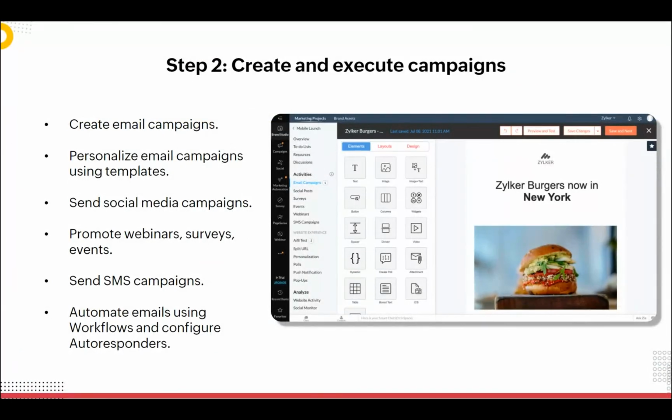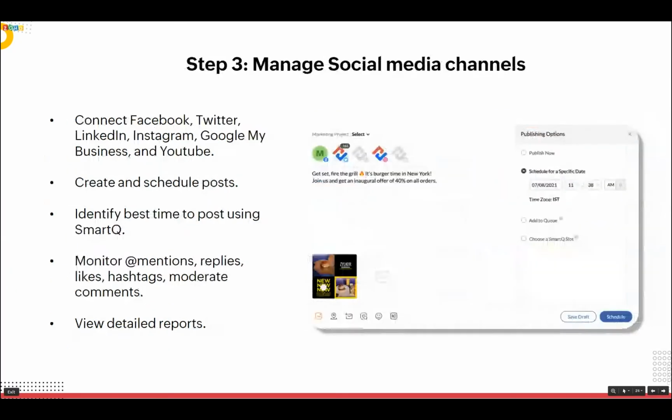Now, moving forward, Marketing Plus also lets you connect your social media channels like YouTube, Facebook, Instagram, Twitter, LinkedIn, Google My Business, etc. And we can also go ahead and create posts from scratch. Once these social media channels are connected, you can easily post on any channel right away, or you can even schedule the post, and you can also monitor and stay on top of all the interactions with the prospects.